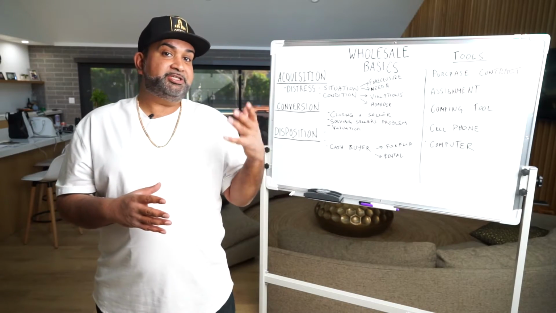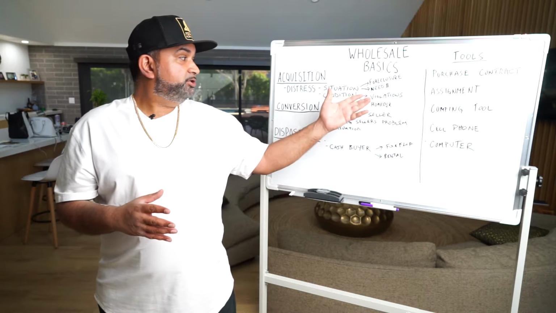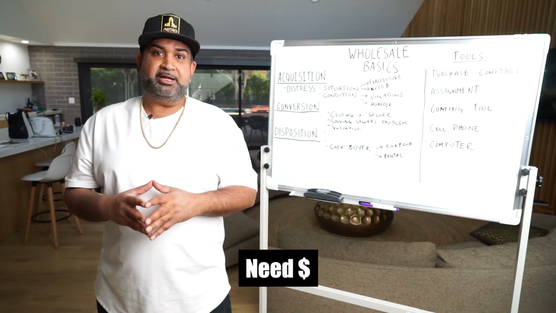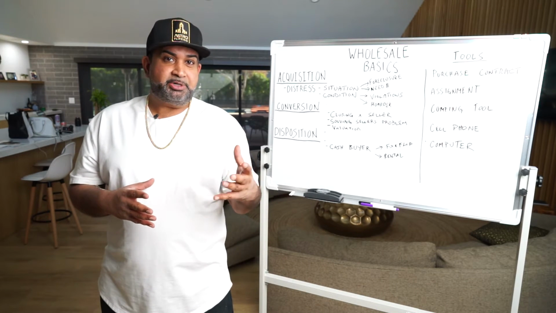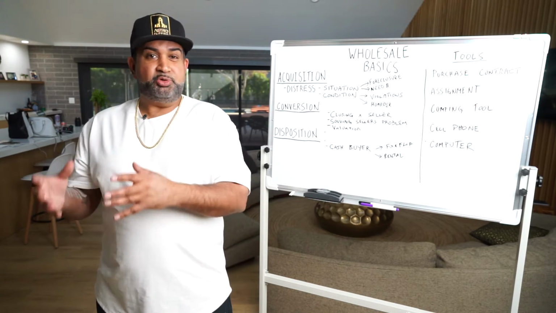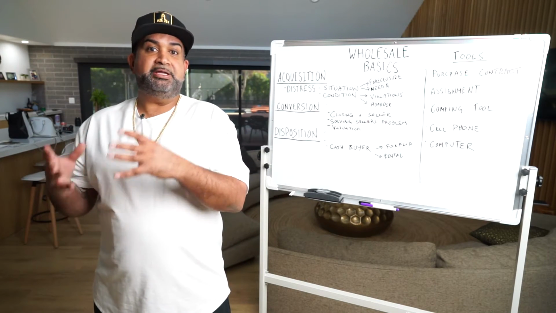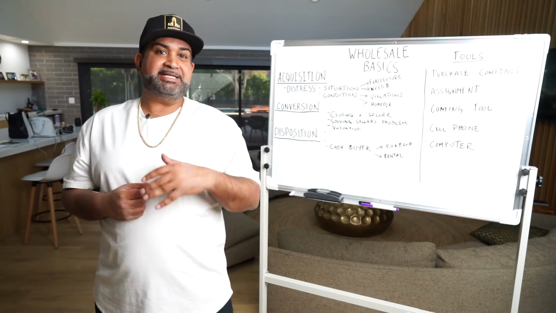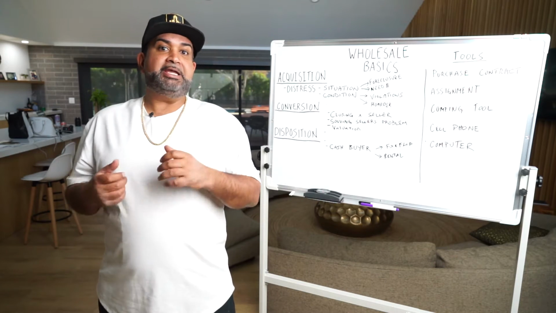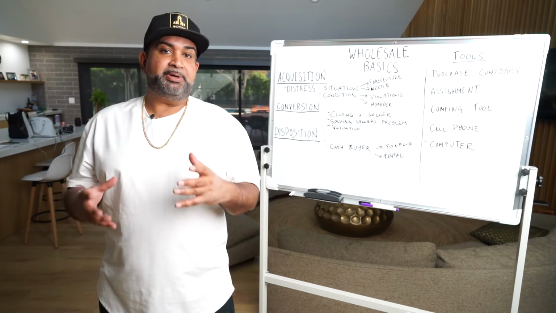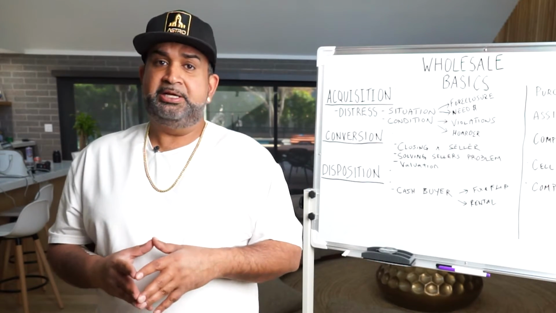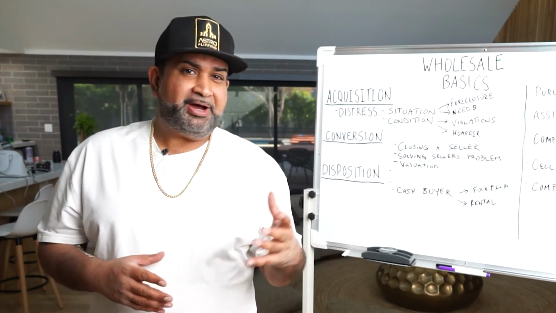The other kind of situational distress that you could find is somebody needing money. Say, for instance, they're in a life situation, like a medical emergency happens in their family. They get sick, or they need to downsize or move because of a job. Because they need access to cash or need to sell this property quickly, you can get into that situation and contract that property at a discount in order to help their situation. Other situations could be probates, code violations,